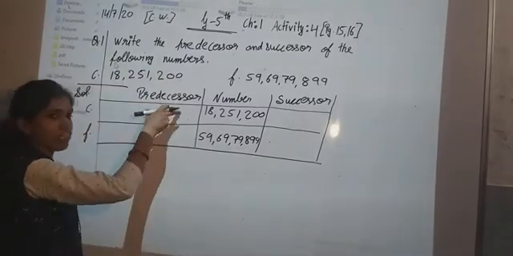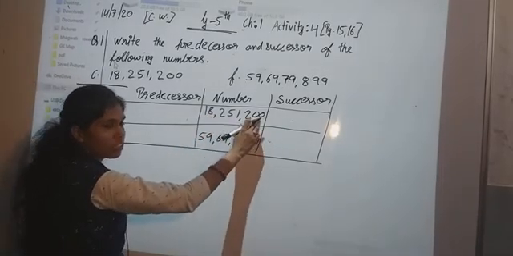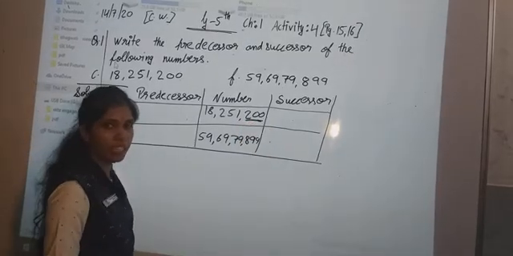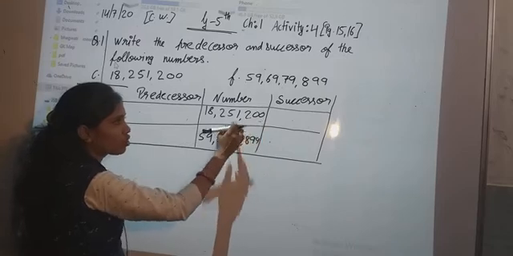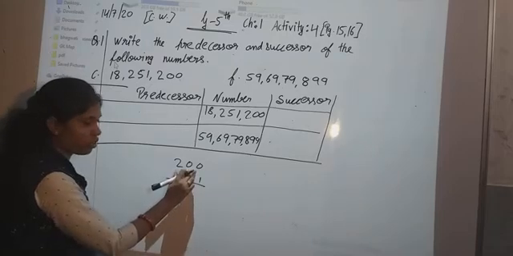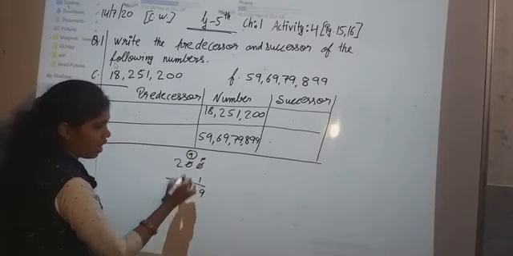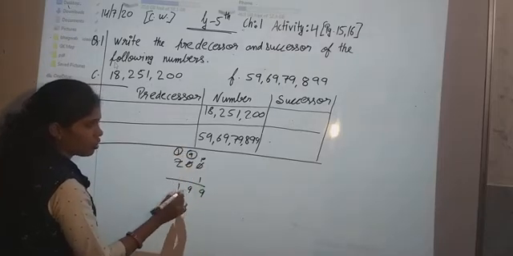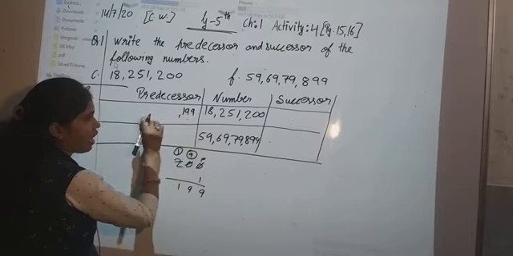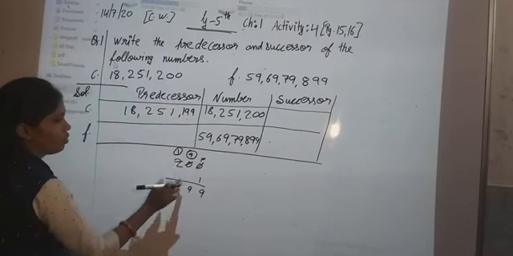Okay, predecessor means we will write just before the given number. We will start from this. What will come before 200? Before 200, 199 will come. If you solve it here, we subtract 1 from the number. We have 10, 0. We will make this 10. From 10, we subtract 1, that is 9, and it will become 1. So what will come before 200? 199. And write all the number, 18,251.